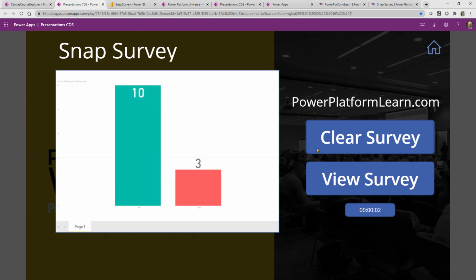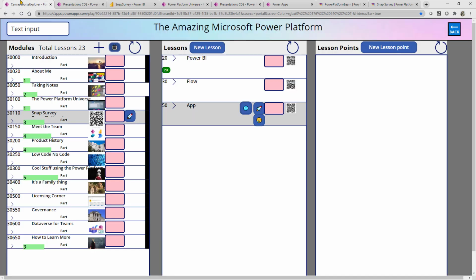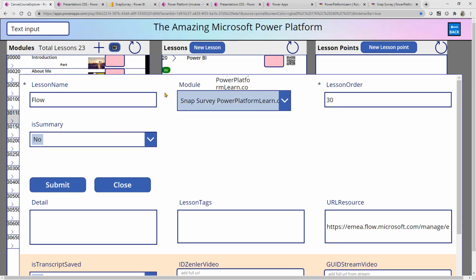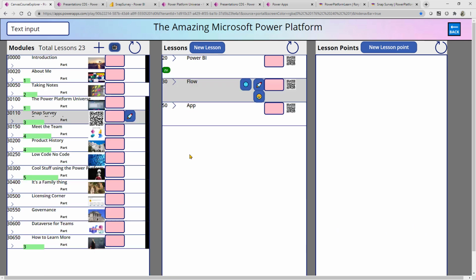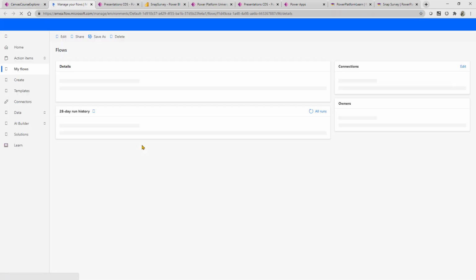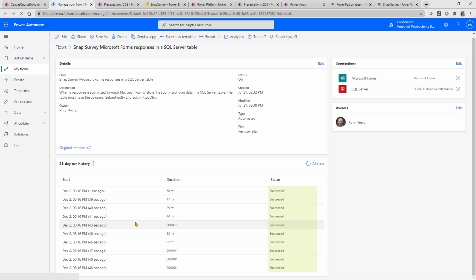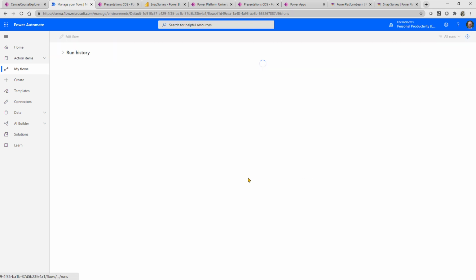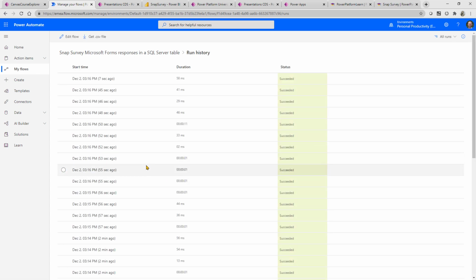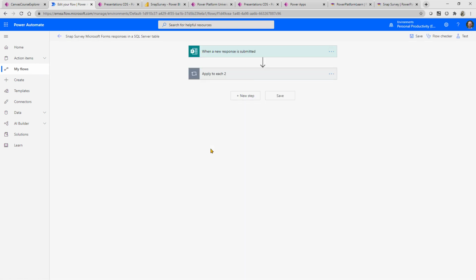But the bit which has flow in it is, if I go back and close that and go onto the flow, we'll be able to see the flow and the fact that it's actually run. You can see all the flows that have taken place. If I go to all runs, I can see lots and lots of runs. They're not particularly interesting looking runs, but if I go to edit flow,